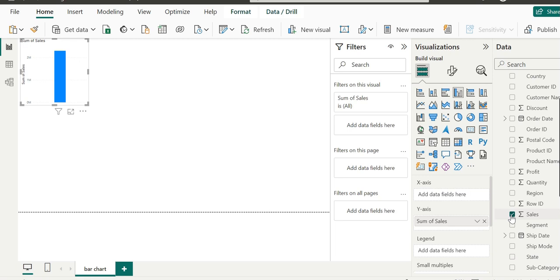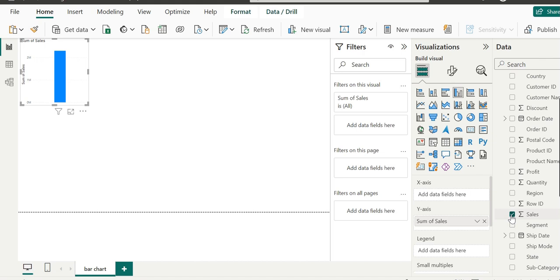This is the default kind of visualization added for a numeric field. This is the beauty and smartness of Power BI, how it already selects the default kind of visualization for a numeric field like sales, and for maps. It's already detecting on its own which kind of visualization will be better.